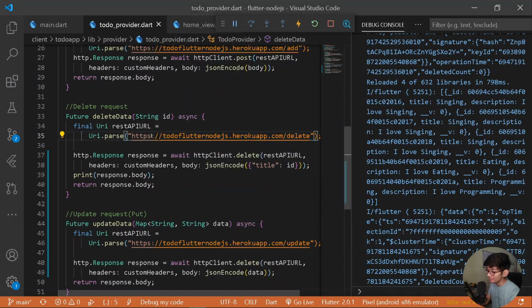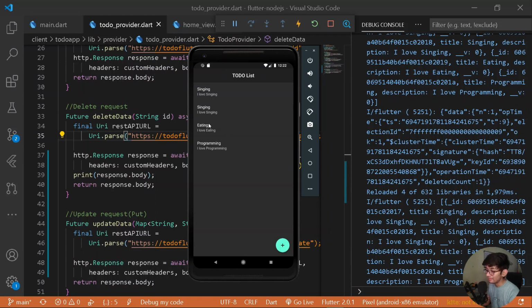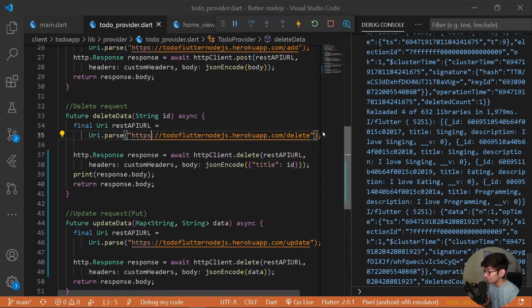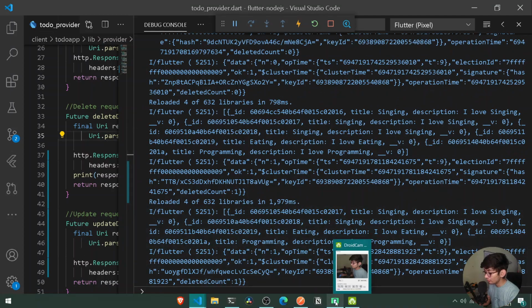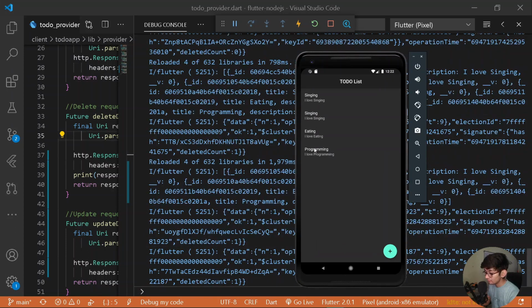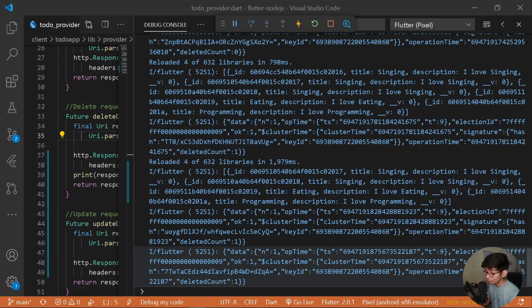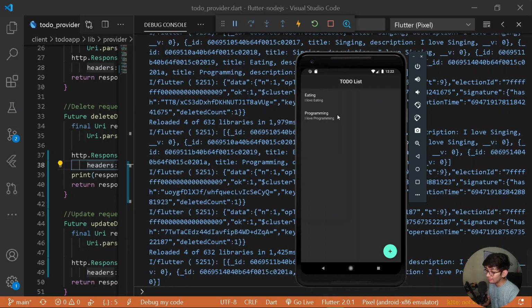That's because the Heroku server may take some time for the deployment. So let's open it out one more time and our data will be removed. And if I type over singing, you can see the following deleted count shall be 1. Alright, let me show you guys. So here you can see the following deleted count is 1. And if I type over a second one of eating, you can see we will be getting a deleted count to be 1. So now if I reload my entire application once from here, the following data is automatically removed. Congratulations, we have done a great job. We are now successfully able to delete all of our data from our entire to-do list.